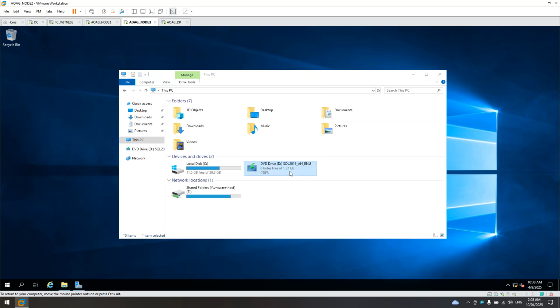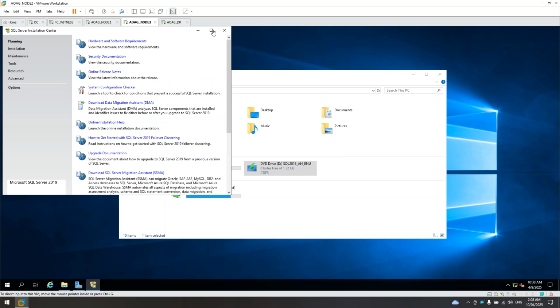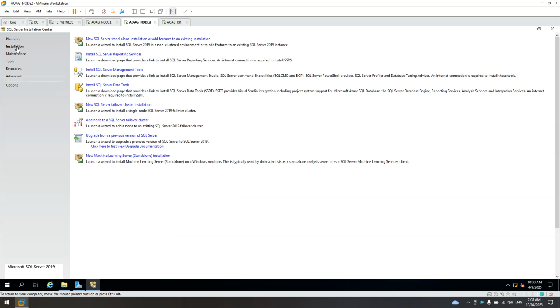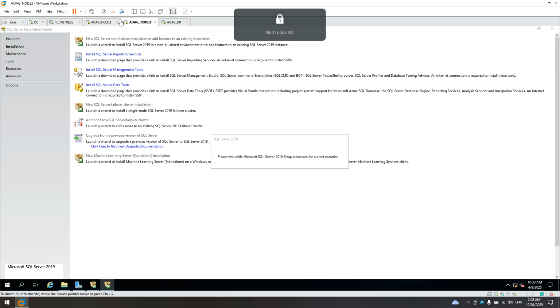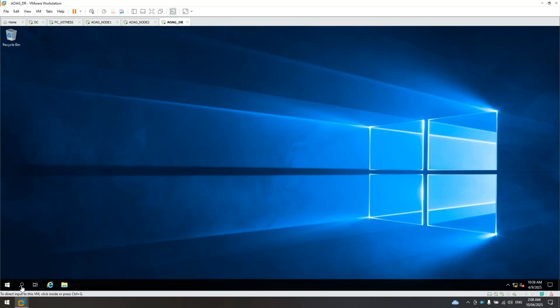Install SQL Server in node 2, same with node 1. Expand that one, new installation standalone, in both workstations, node 1, node 2, and the node in DR.